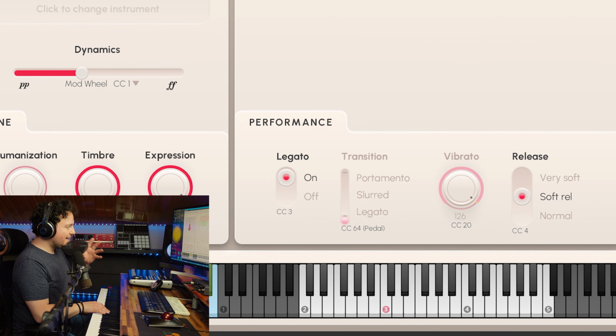That's so cinematic. Let's enable the legato, and the transition option appeared. You can put so much emotion in here.